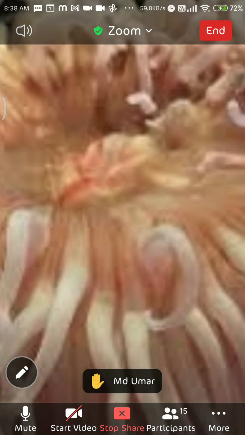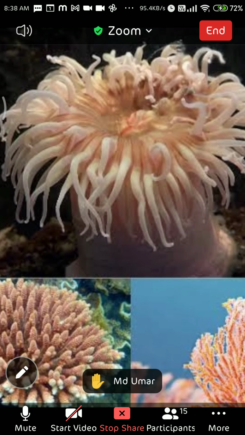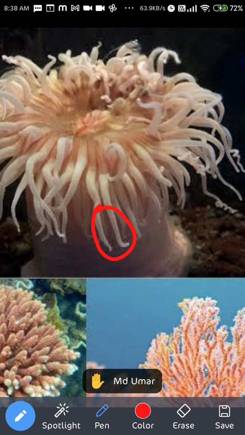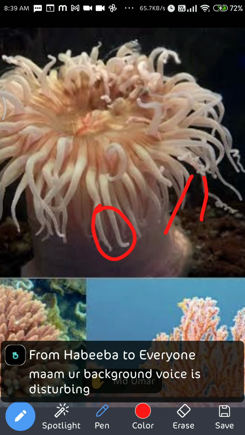Here you can see they are the tentacles, finger-like projections. These tentacles help in movement as well as to catch the prey, means to get the food. These tentacles help to push the food towards the opening which they have at the center. In the free-floating form the tentacles are on the upper side, and in the attached form of the Nidarians they have these tentacles at the lower surface.